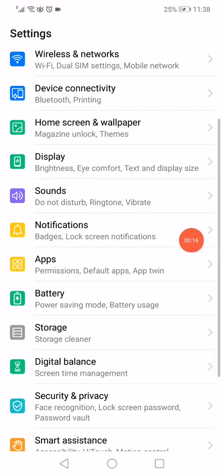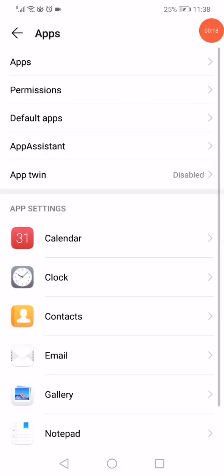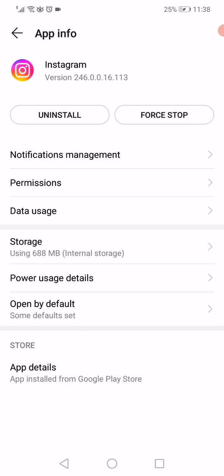Open the settings on your phone and then go to the apps. Open the apps and then go to Instagram. Now all you have to do on this page, it's called the app information page, is click on the data